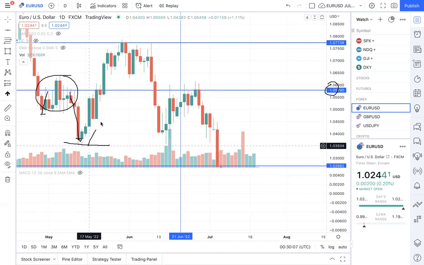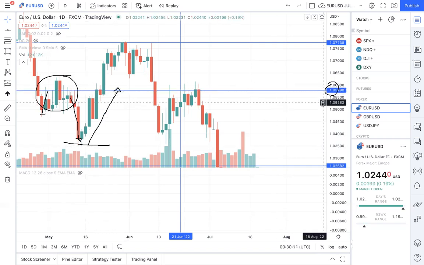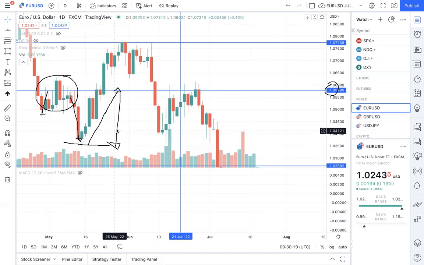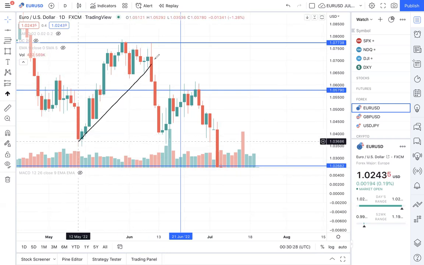Then price decided to go up. So once price hit $1.05 again, right? Let's just say on the 15th day, you would have thought that it was going to sell because that's what it's been doing. But it actually broke structure, right? And it created a higher high, confirming that Euro USD has been on the uptrend for a couple of days,